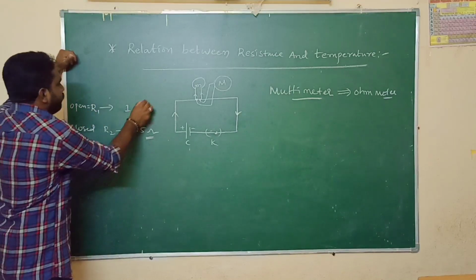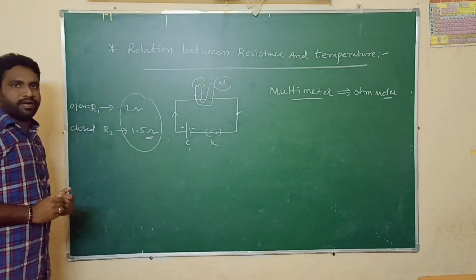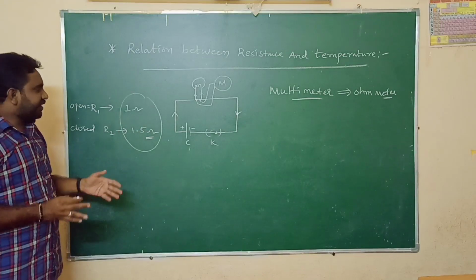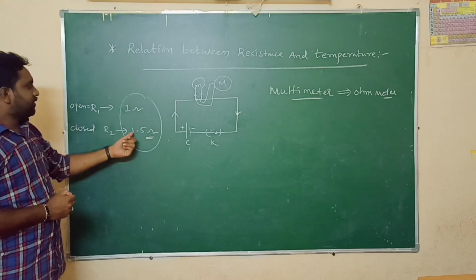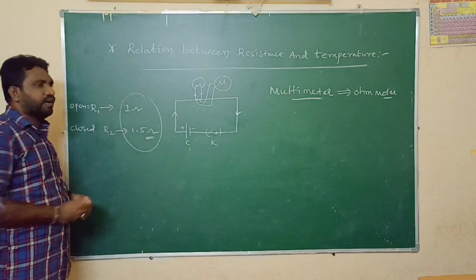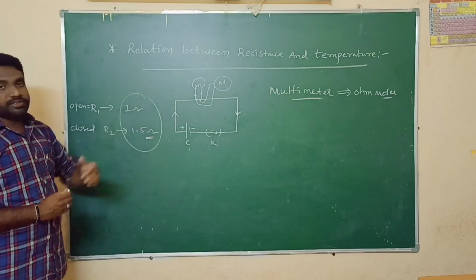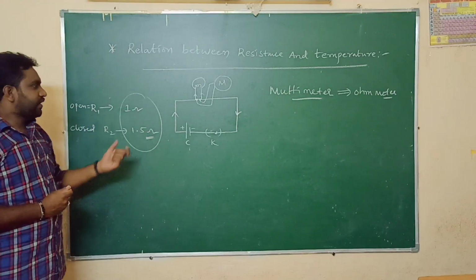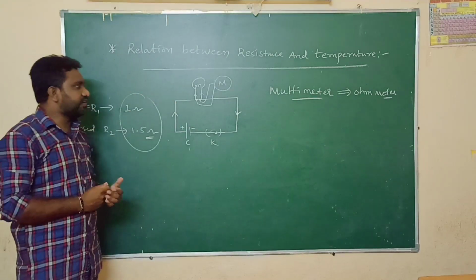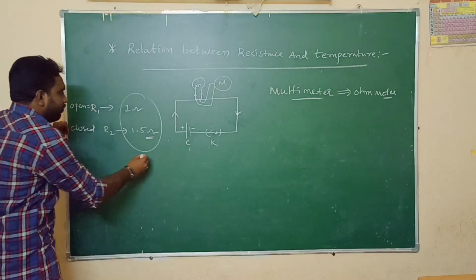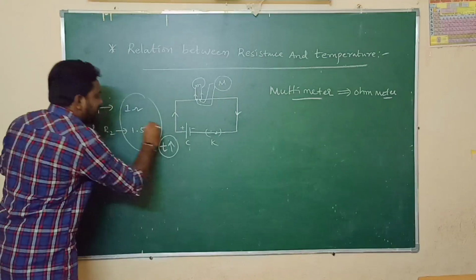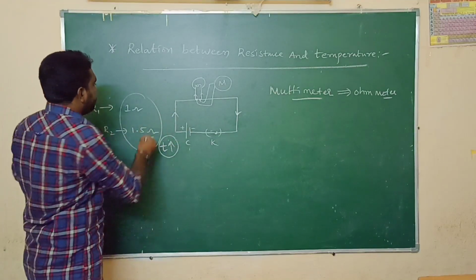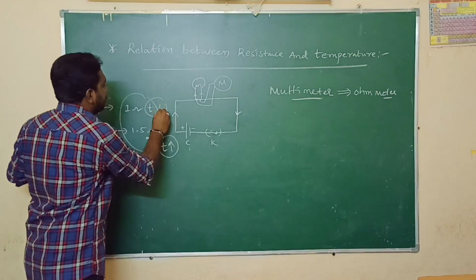So here we have to compare the resistance of the electric bulb before sending the current and after sending the current. So in which case is the resistance of the electric bulb more? In the second case. Second case means after sending the current, the resistance of the bulb is increasing. So why does it increase? In the second case, by sending the electricity, the temperature of the electric bulb is more. But before sending electricity, in case of open circuit, the temperature of the electric bulb is less.